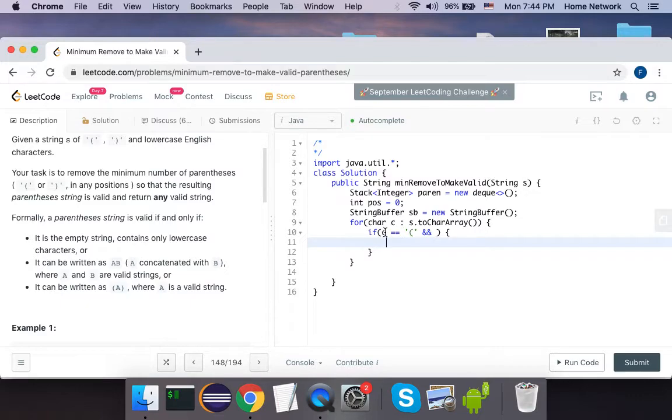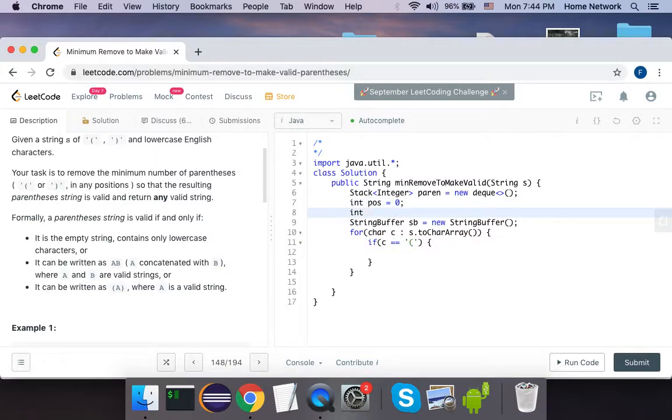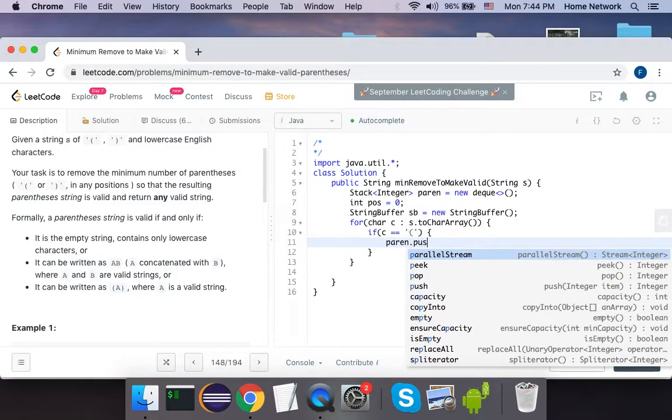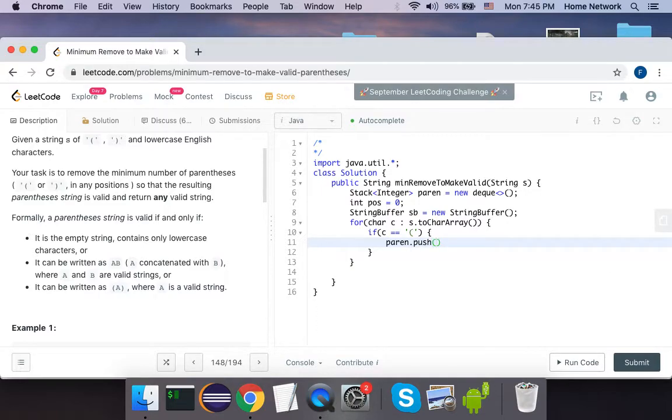If this is a right parenthesis, do we need a counter? No, we don't need a counter because we already have a stack. If c equals left parenthesis, we do parent push the current position, else if c equals